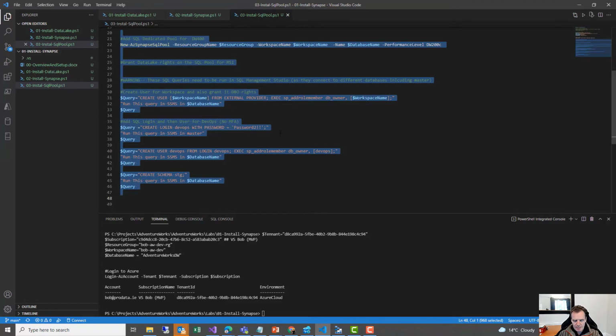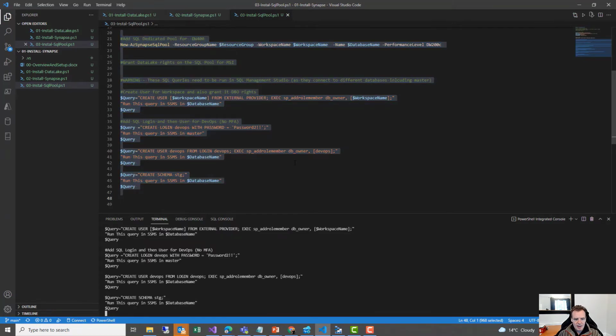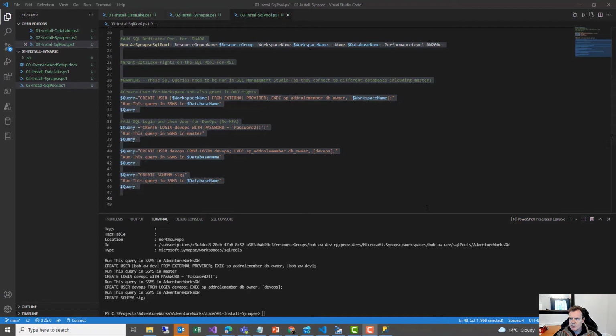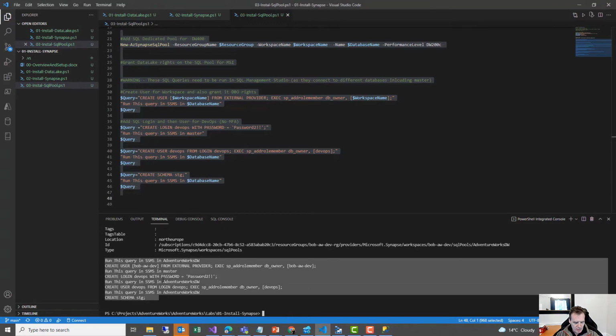So let's just run this now, and hopefully what we should get is a SQL pool created that we can use to import our staging tables, automate our extract, and then look at our transform and load. Excellent. So now that that's created the SQL pool, this last thing I'm just going to do is add some accounts. First, to grant the MSI that the ADF might use so it can connect to the SQL pool, and then I'm going to add a SQL account just in case we have any DevOps,